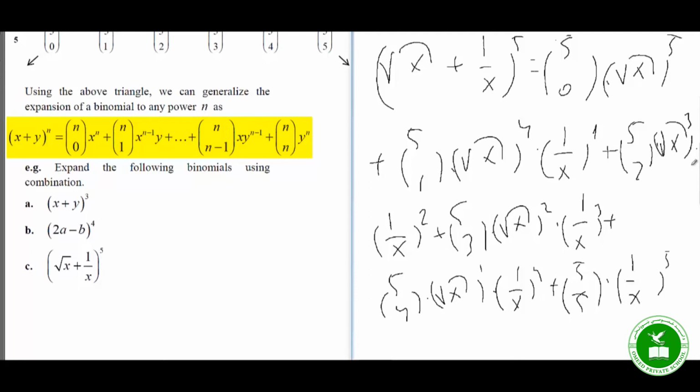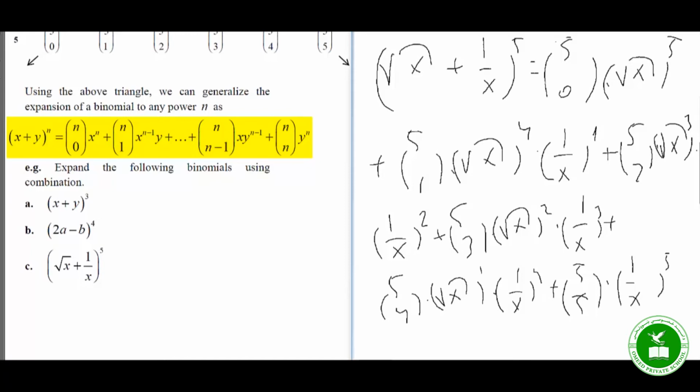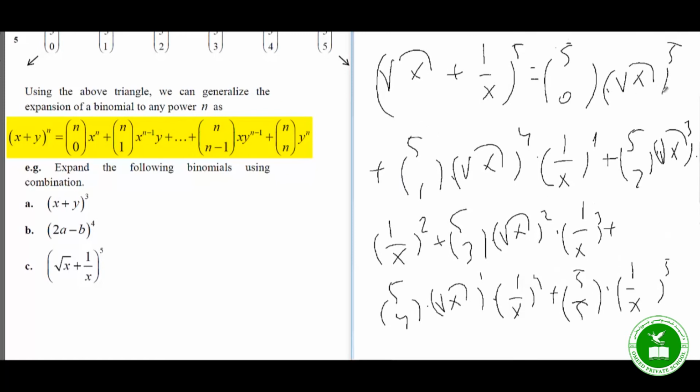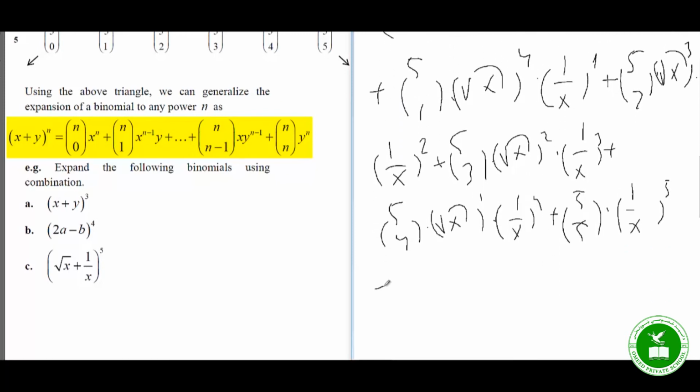Let's simplify them. Combination of 0 from 5 is 1, so square root of x to the power of 5. Let's write it. Square root of x to the power of 5, plus combination of 1 from 5 is 5 times square root of x to the power of 4 times 1 over x